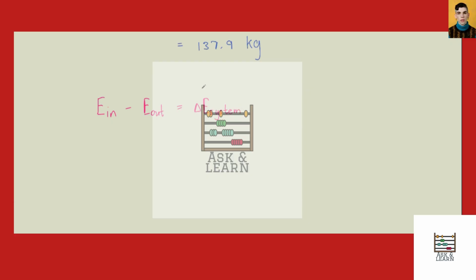So since there is no heat, work, or mass transfers, the left-hand side of this equation is 0, and this is equal to a change in internal energy of the system, delta U. But delta U is the change of the internal energy, delta U, for the water plus the change in internal energy for the air, delta U for the air. So what this means is that,